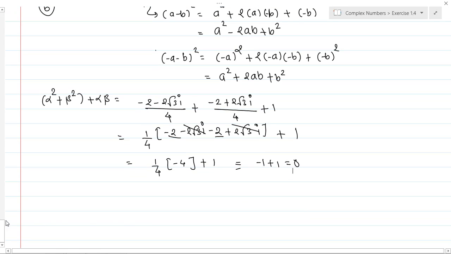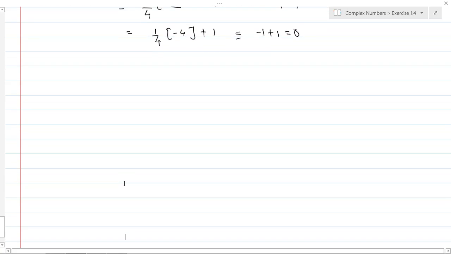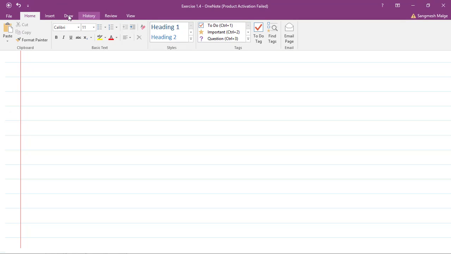Okay, so these types of mistakes we come to know when you solve on your own. So that's why I recommend, or I request, all of you, please do the homework as it is. Okay, so let's continue with the next question now. So the next question is like this. Question number B: alpha to the power 4 plus beta to the power 4 plus alpha inverse beta inverse is equal to 0. Has anyone tried this question?